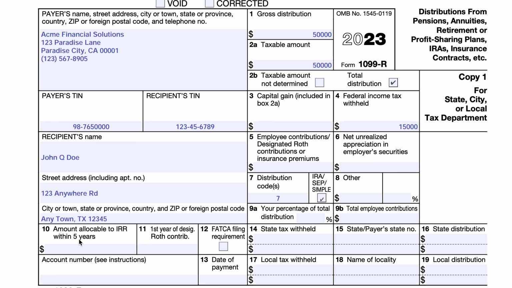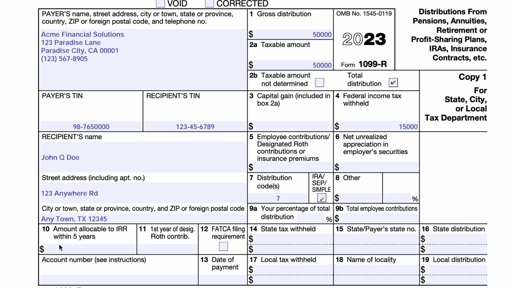In box 10, amount allocable to IRR within 5 years. So an IRR is an in-plan Roth rollover. Basically, any amount of a distribution that was allocated to an IRR, like a transfer between Roth accounts made within a 5-year period, the 5-year period that starts with the first day of the year in which the rollover was made. There's special tax treatment for